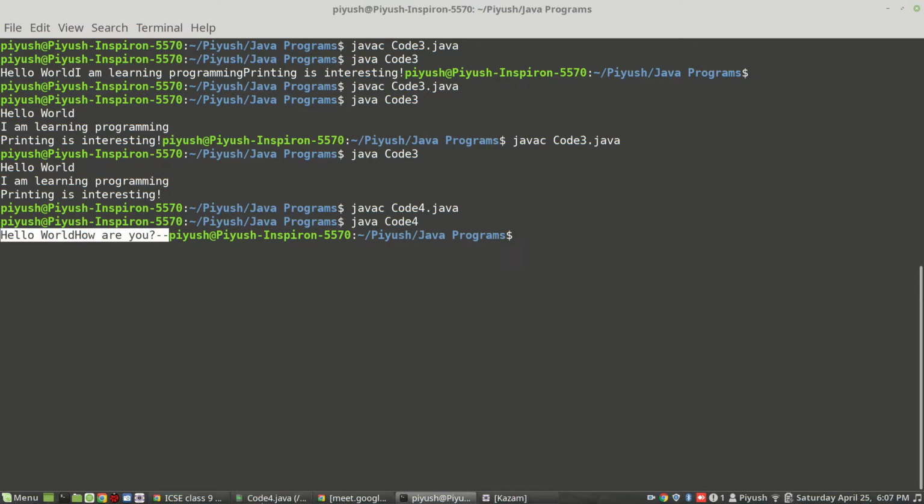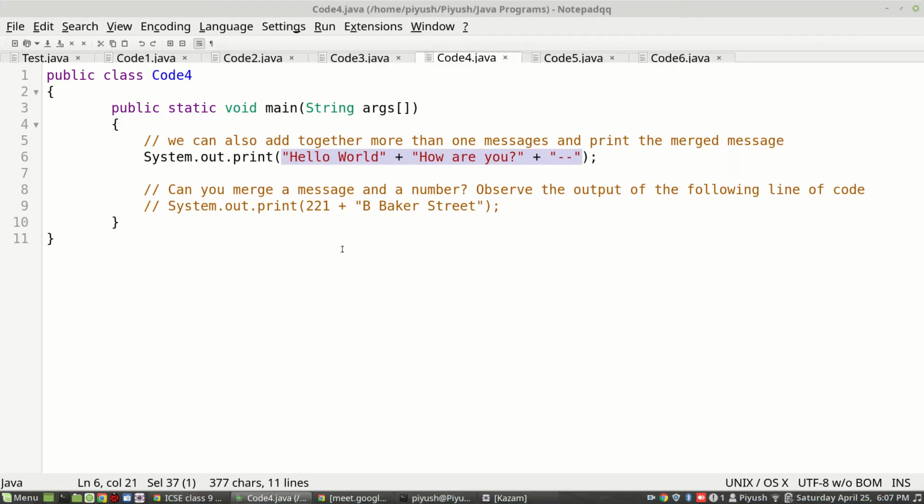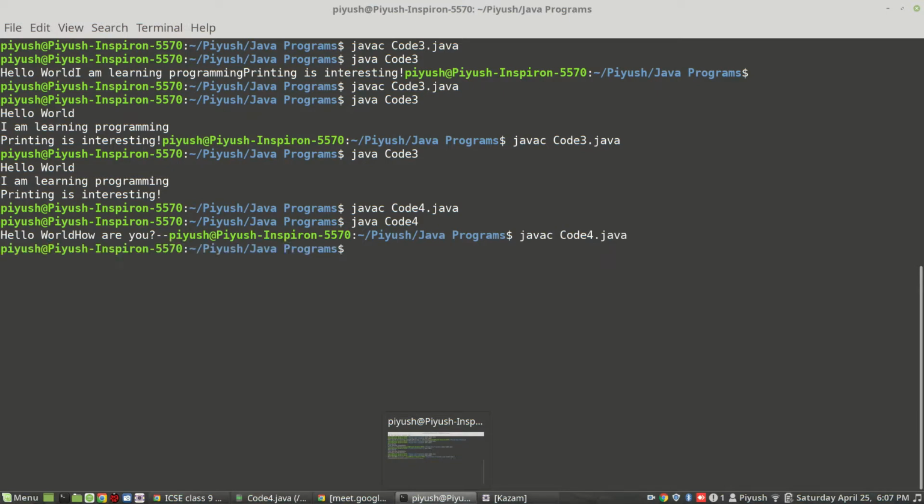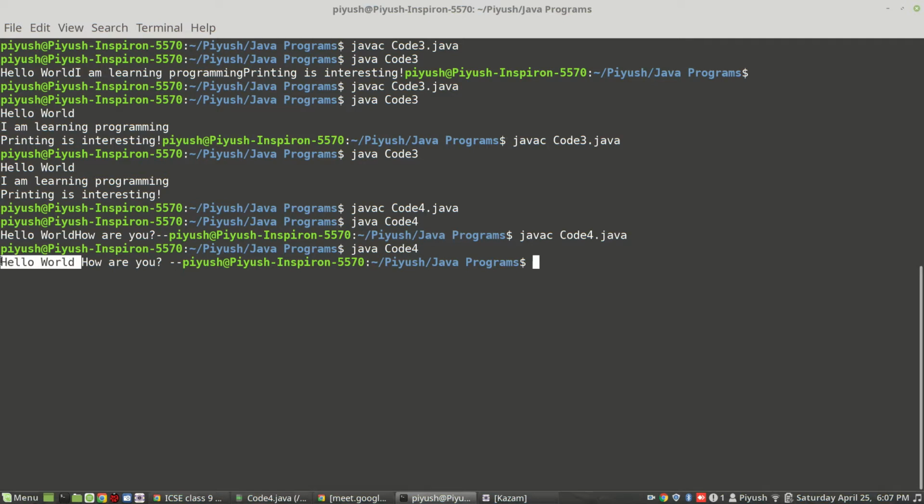If you want to give spaces between them, then you will have to add spaces in your messages. After world, one space. After the question mark, one space. And then I'll save it and recompile it. Now you can see spaces have come, right? The computer does not treat spaces specially. It is printing this space simply as a part of the message. So first it printed this and then it merged with the second content which was up to this point, and together it resulted in the formation of a single message.